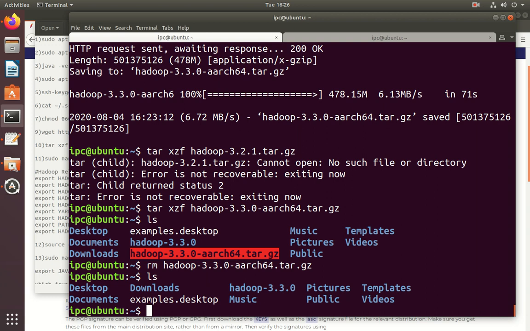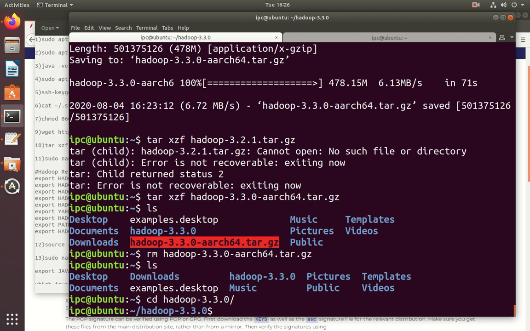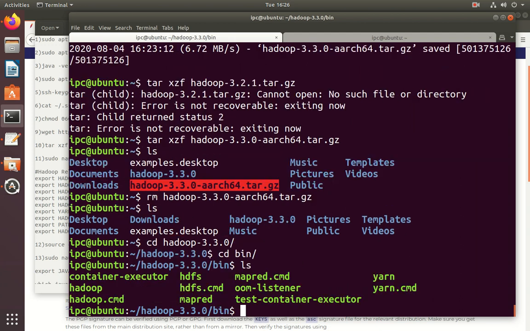A Hadoop environment is configured by editing a set of configuration files. You can get all those configuration files in this Hadoop directory. Let me show you the configuration files. cd Hadoop and cd bin.